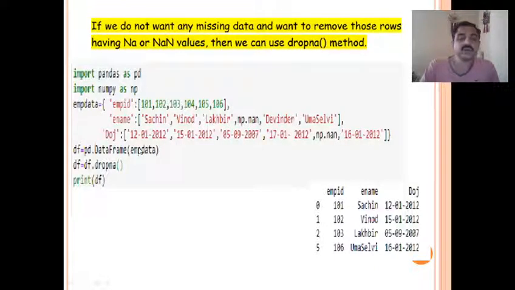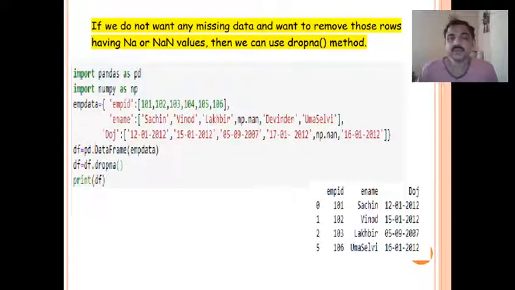So those records you don't want to show. What you can do is df = df.dropna(), open bracket close bracket, it drops those rows with the NaN values. Clear? So fillna is to fill the missing values, and dropna is to delete those rows which have missing values.